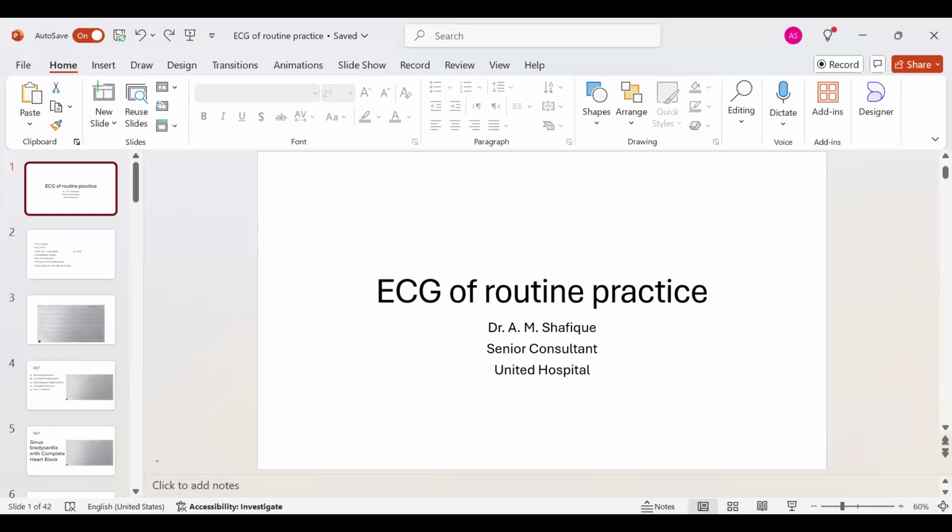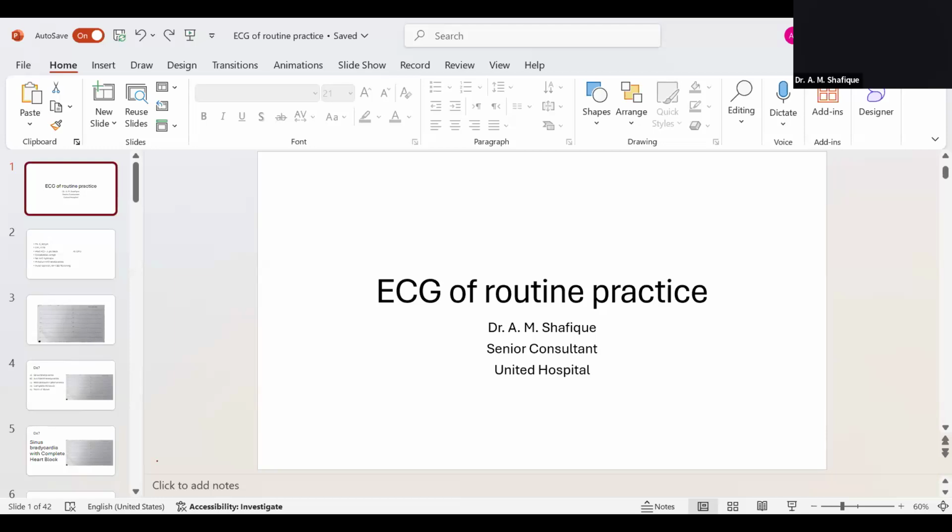Rafique, did you plan for PCI to LCX on later dates? No, the patient visited me a few days back, and the patient is totally fine, does not have any symptoms, and is on regular walking. So we're not planning to put any stent in the LCX ostium. The LCX ostium is a bit pinched, but TIMI flow is fine. Whether it is necessary to put in a stent there, it would be difficult because the stent should be given in a TAP technique. Otherwise, yeah.